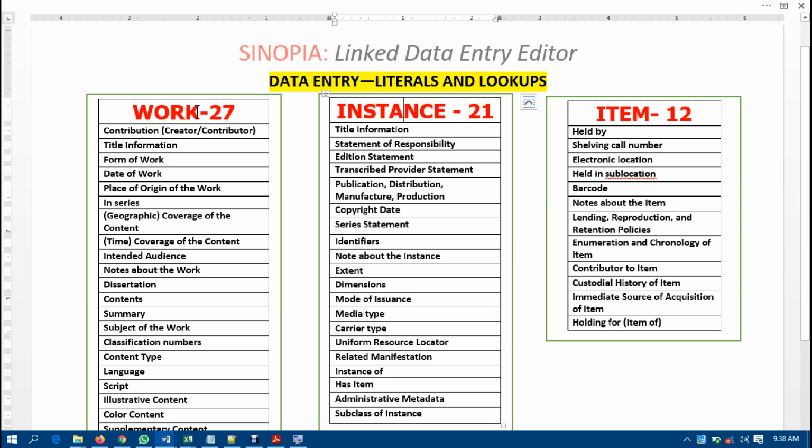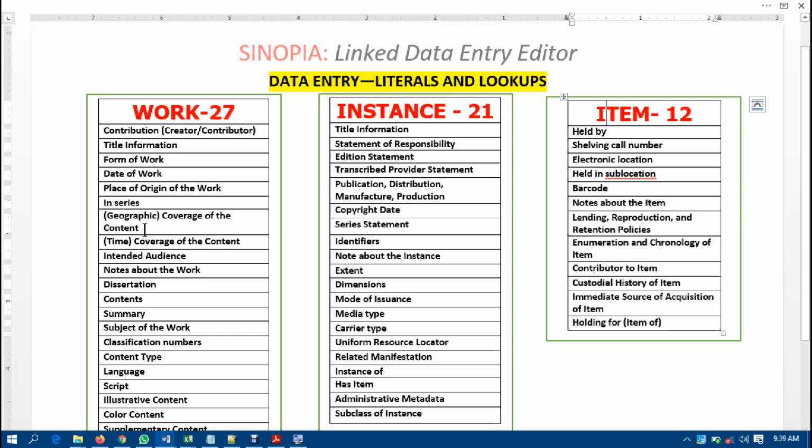When you pick a monograph like a textbook, there are 3 categories of information that you are expected to provide when you are describing an information item as a cataloger. That is to say, there is an aspect called work, there is an aspect called instance, and there's another aspect called item.